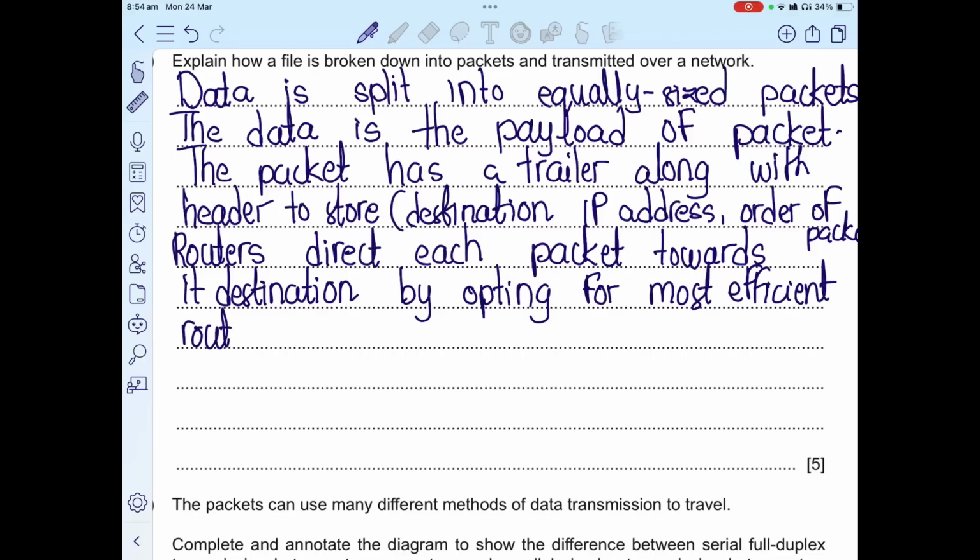Now, because routers select a route for each packet,